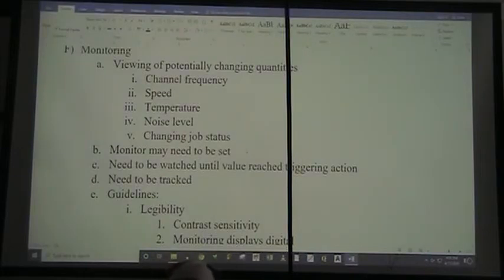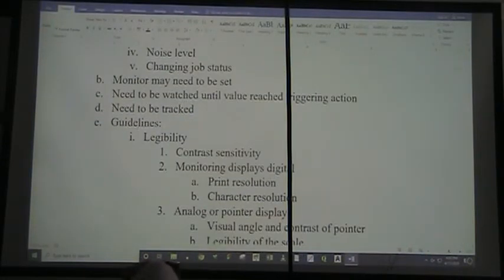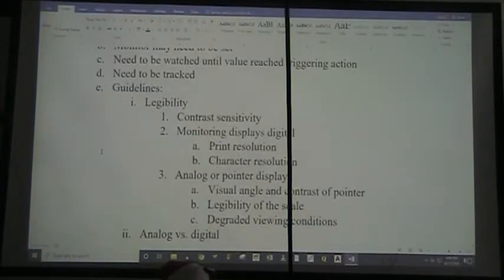Our monitor may need to be set at the beginning of a job or at intervals. They need to be watched until some value reaches a triggering action. Now, the difficulty with that is how long does it take for the value to get to the triggering action? 20 minutes is about the limit for intense, concentrated attention. Okay, something that needs to be tracked. So we have guidelines